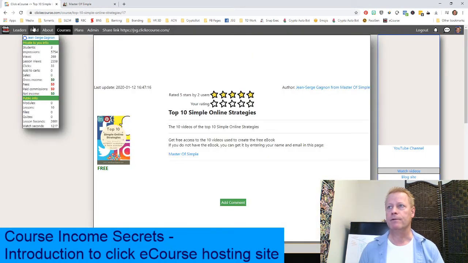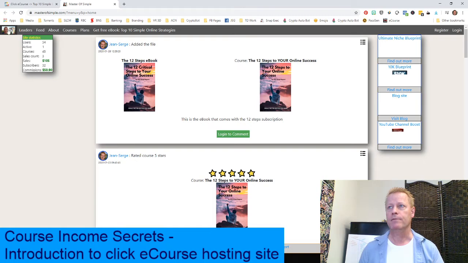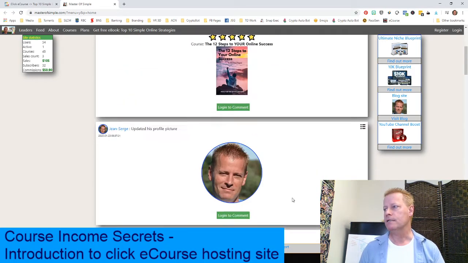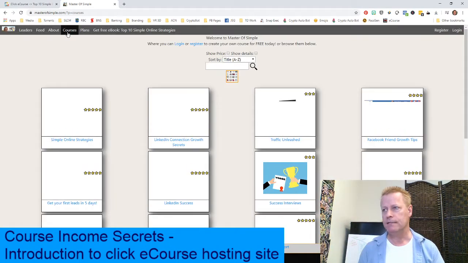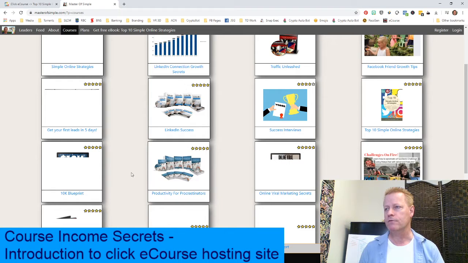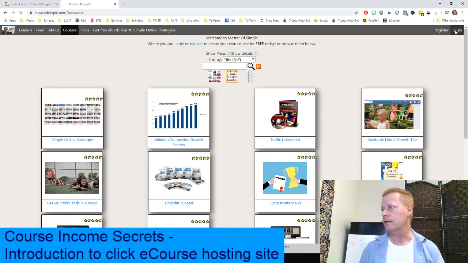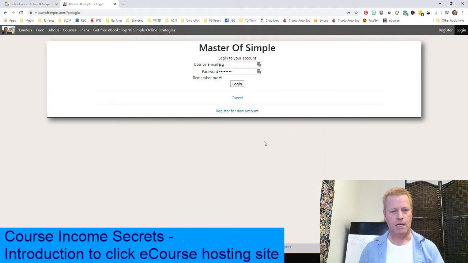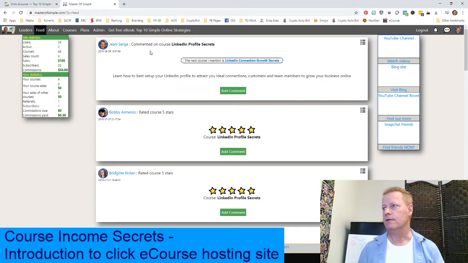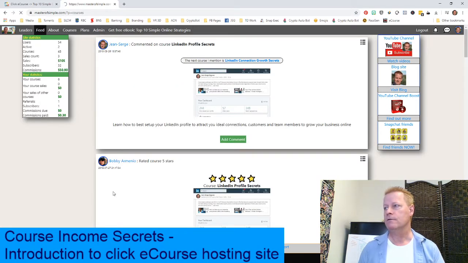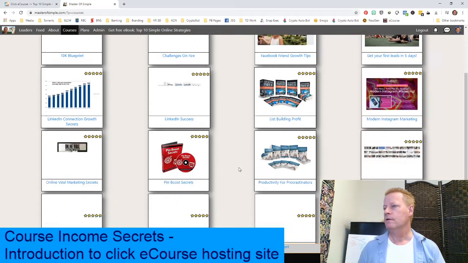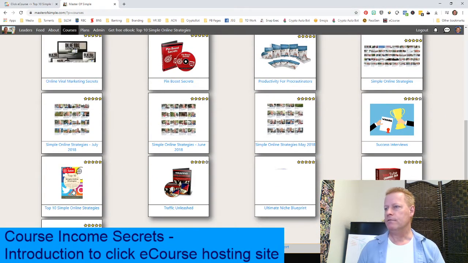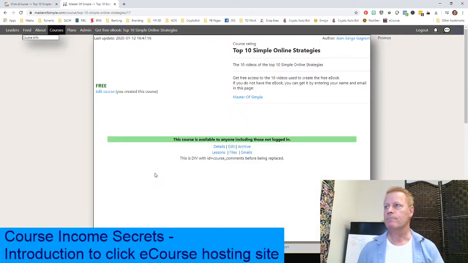The only difference, if I compare these two, is that the logo is different right up here, right? And the other thing is the course lists are different, although the courses are shared amongst the sites depending on how you configure it. But if I go to this course now, actually I'm not logged in, so let's log in and log into this site, show you what my courses look like. I'm going to go get that same one we had a second ago, 10 simple online strategies, right there.